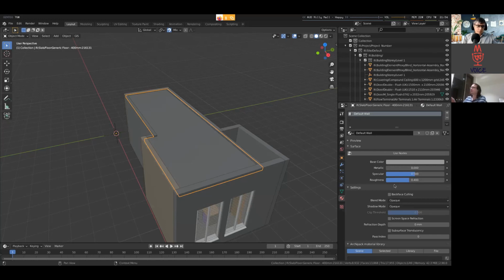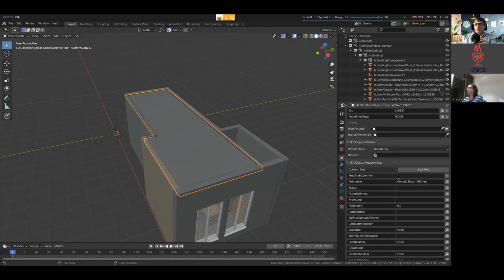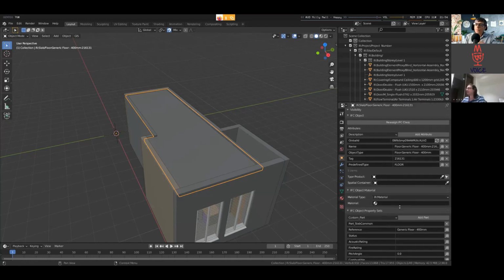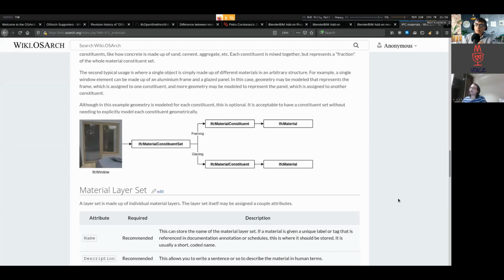In BlenderBIM, it's easy, because as long as you press these buttons, your IFC will be correct, because there is no separation between Blender and IFC. But in other programs, it's important to search for those features. And if you don't, like for example, just on a more practical note,